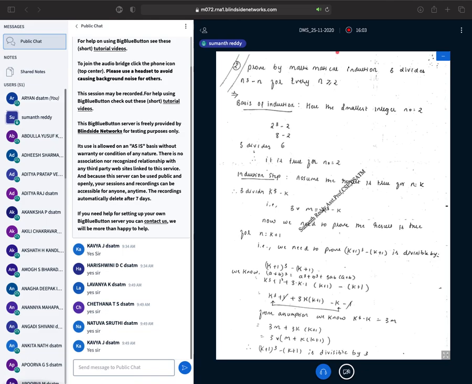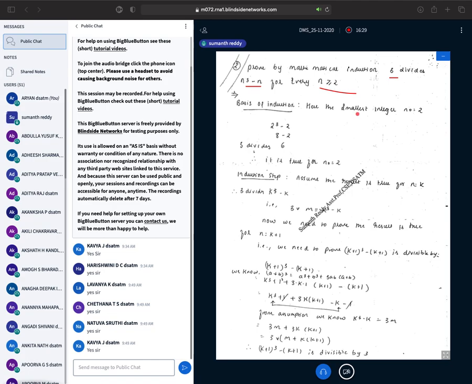I'll explain this. See, carefully now read the question. Prove by mathematical induction that 3 divides n cube minus n for all the values of n greater than or equal to 2. Correct, right? So now the procedure remains the same, students. Here the least value will be 2, because he is telling that the statement is true for all the values of n greater than or equal to 2.